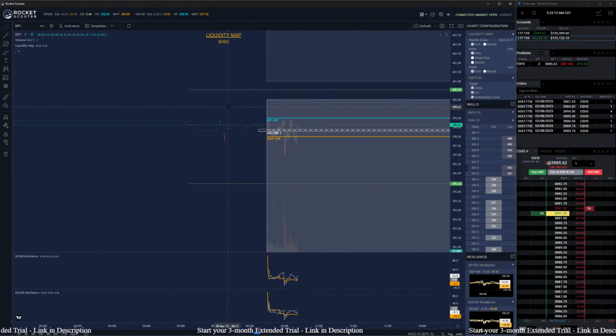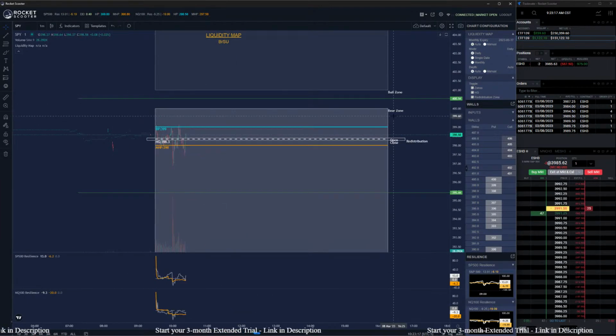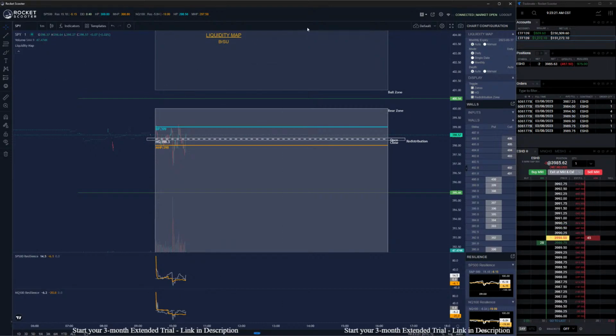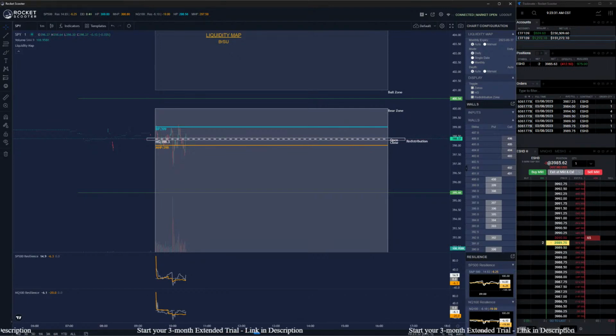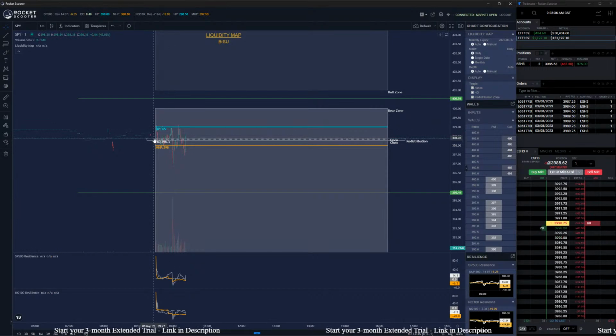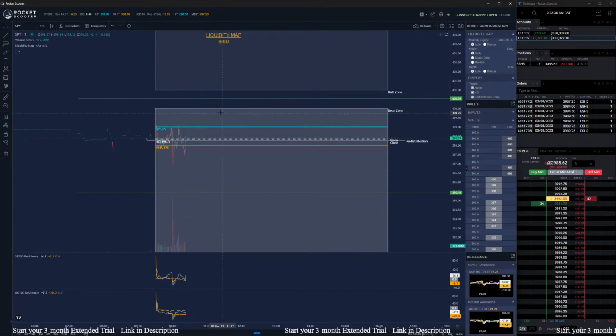So the two things I look at, bear zone and bull zone. Bear zone is where there's an abundance of bear positions. Bull zone is an abundance of bull positions. This is the net sum of all stocks in the S&P. The ratio tilts 50. So 0 to 50 bear, 50 plus bull. So because it's tilting to the bear side, the S&P is more likely to stay in the bear side than